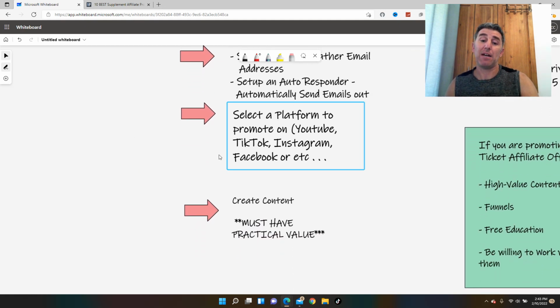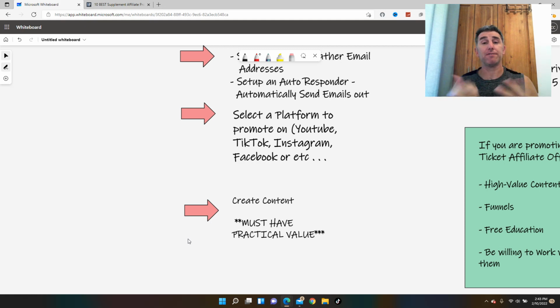But like I said, with the platforms, you must have content. You don't have to put your face out there. There's a lot of people that make content by making short videos or doing TikTok. Some people hire people on Fiverr to make these videos for them. You can actually go online and find free software to make videos using pictures or pre-made videos or stuff like that. There's a lot of ways to do this, but you need content.